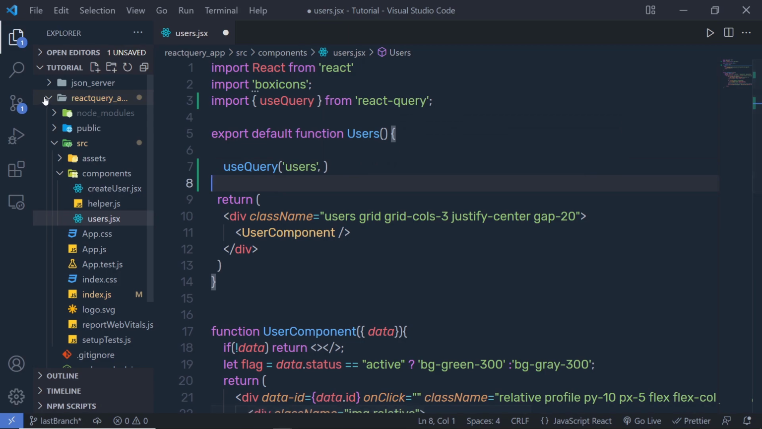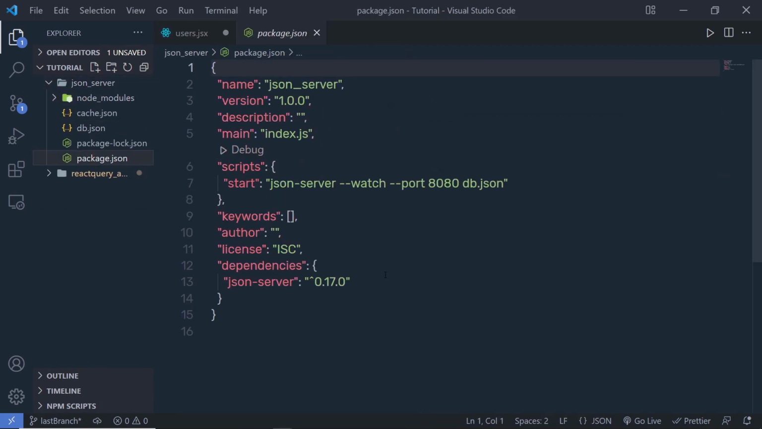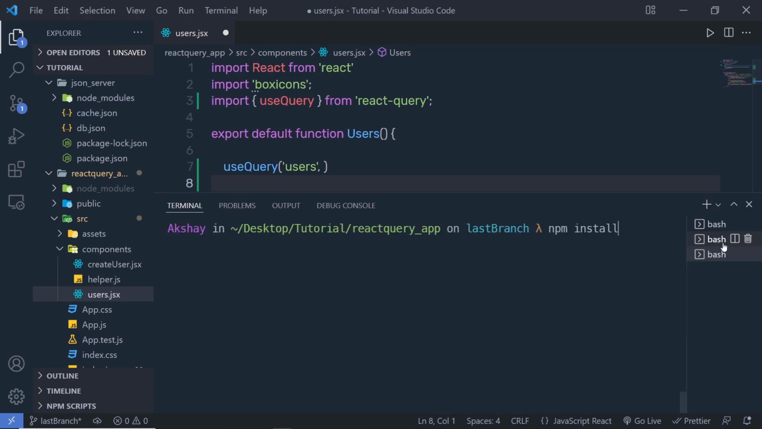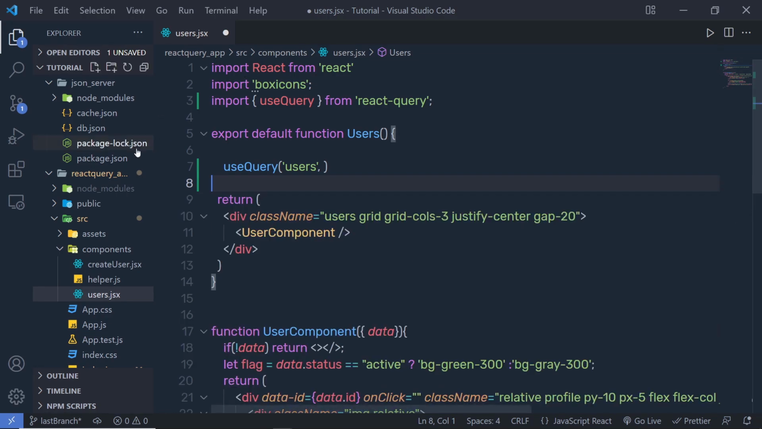As you can see, I already started the JSON server. To start the JSON server, I already executed the command json-server watch on port 8080. If I open my second bash, here you can notice I can get all the resources on this URL. So I'm going to copy this URL, close this terminal, and go back to the